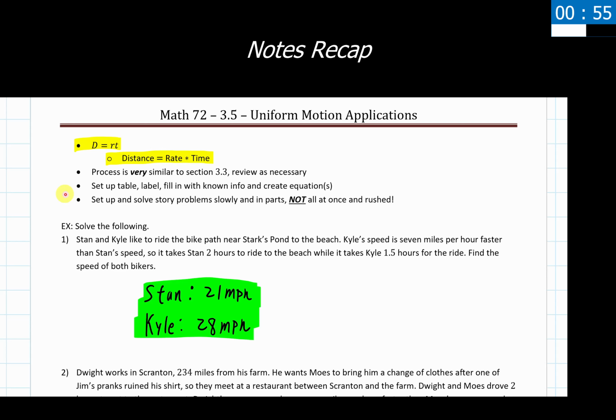Obviously, you are not required in my class or otherwise to be drawing out these tables or drawing out the pictures like we are, but I do find it very helpful if you're ever unsure as to how to set these things up and how to start with them. Just don't try and do it all at once, and don't try rushing the process with these. Start slow, and then you can speed up from there.